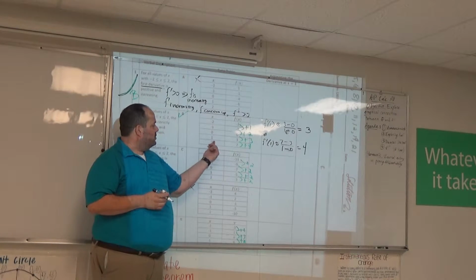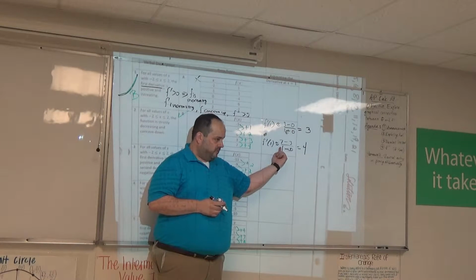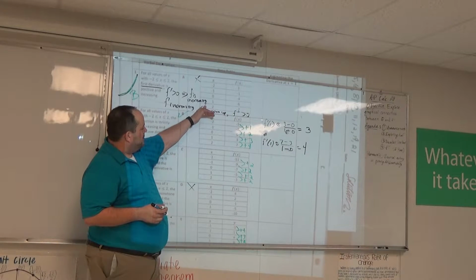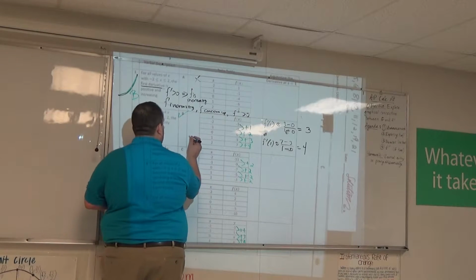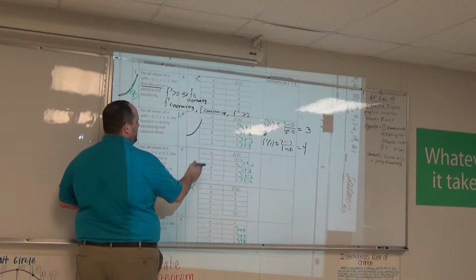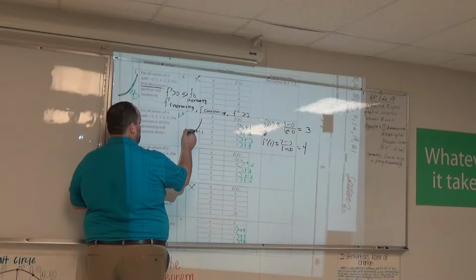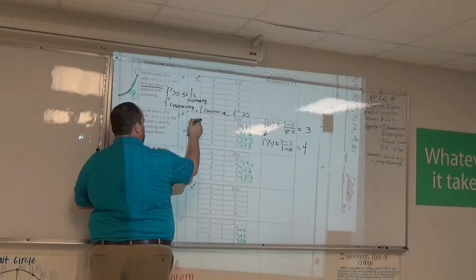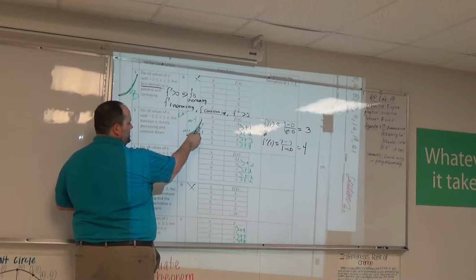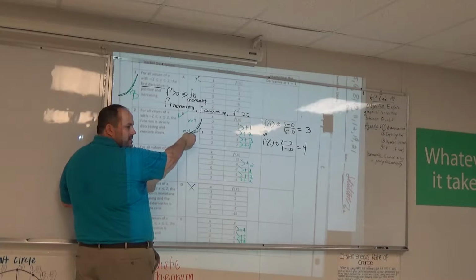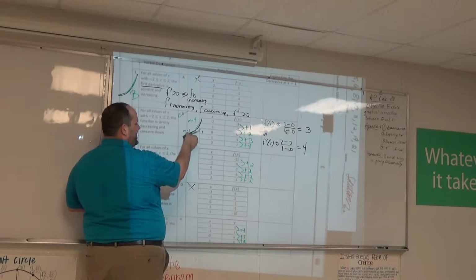The actual value of the derivative isn't 3. The actual value of the derivative isn't 4. What I know is that my function is increasing and concave up. If I'm increasing and concave up and my function looks like this, here's x equals 1. If I use x equals 0, you guys told me the slope is like 3. If I use the point that comes after, the slope is 4. The true value of the derivative at x equals 1 isn't 3, that's an approximation. It isn't 4, that's an approximation. The true value of the derivative is somewhere in between